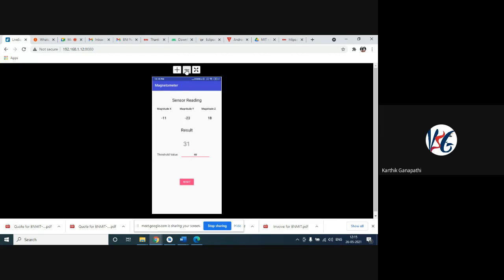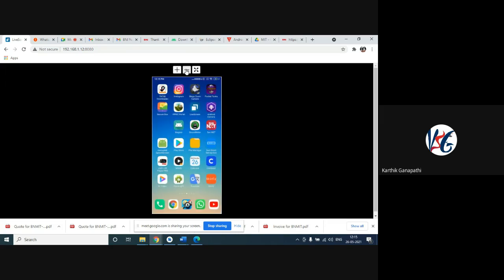Those sensors are capable of getting the readings in and around you. Using these sensors, we tried to develop an application showing from which direction the magnetic field is entering and from which direction it is coming to you. As you can see, the z-axis is getting the maximum value. So this is one, and there are many other things.